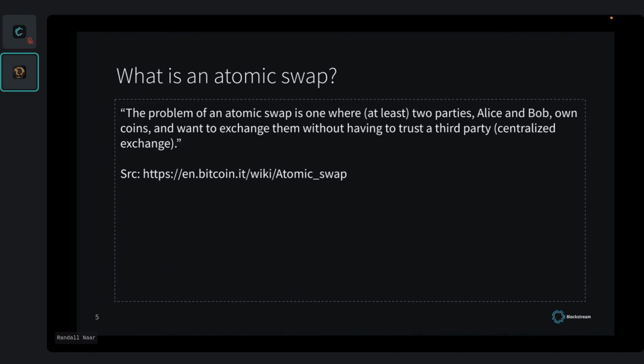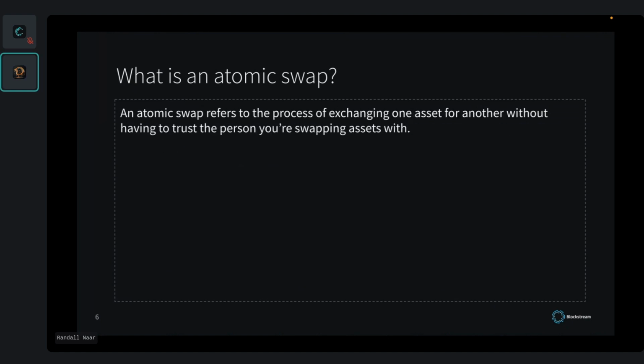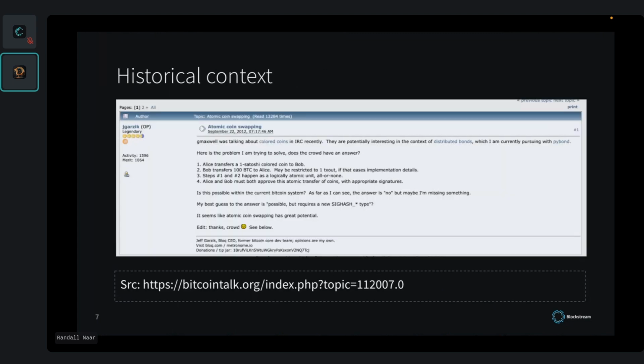So I have my own definition. It's pretty similar. An atomic swap refers to the process of exchanging one asset for another without having to trust the person you're swapping assets with. And just to provide some historical context, because I thought it would be a little interesting,